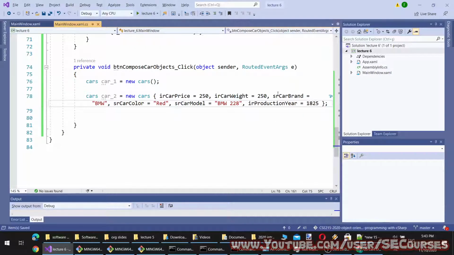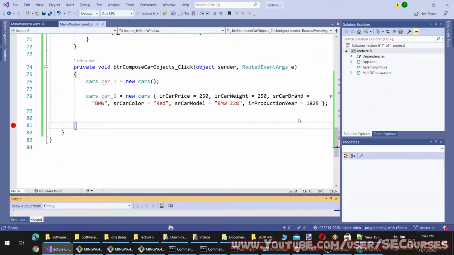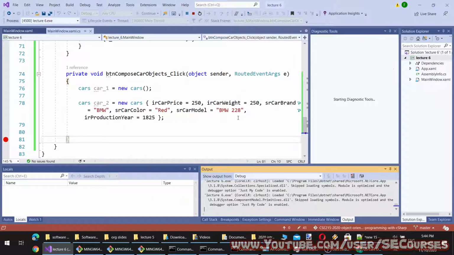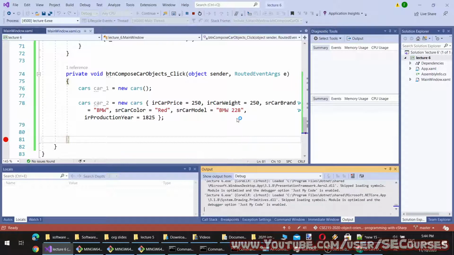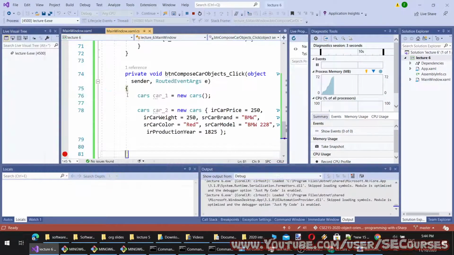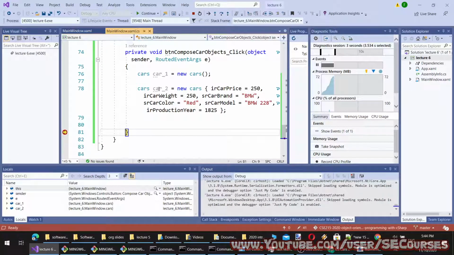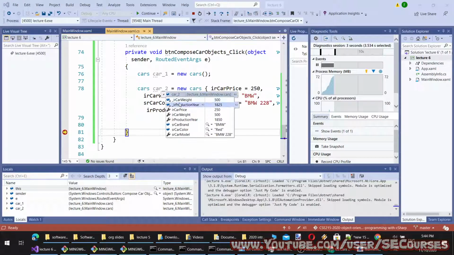So when I look for the variables, let's see how they are visible to me. Okay, so let's see the value of car 2. You see the production year is displayed as 1850.